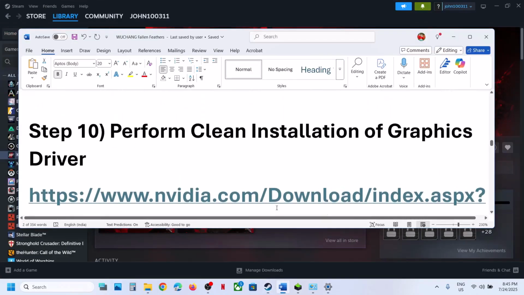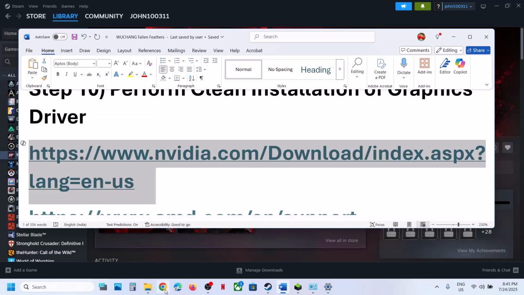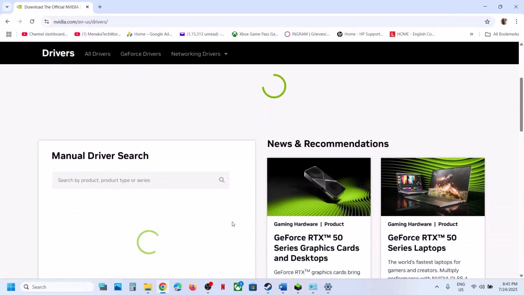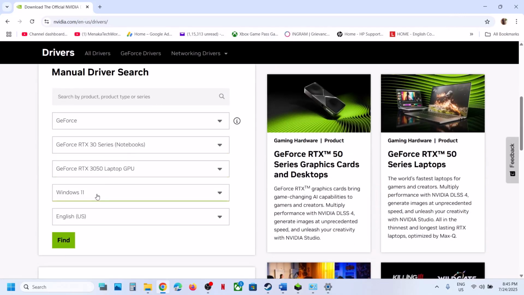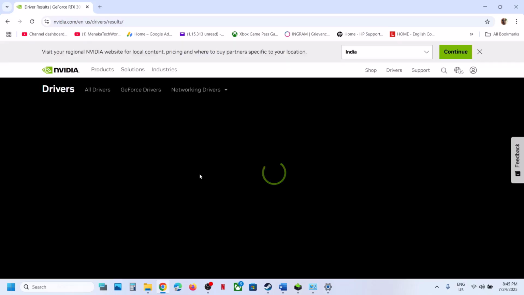Next step is to perform a clean installation of your graphics card driver. So if you have an NVIDIA card, go to the NVIDIA website. If you have an AMD card, go to the AMD website. I'm showing for NVIDIA. Select your graphic card over here and then select your operating system. Make sure that you select your graphic card and your operating system, and then it will take you to this